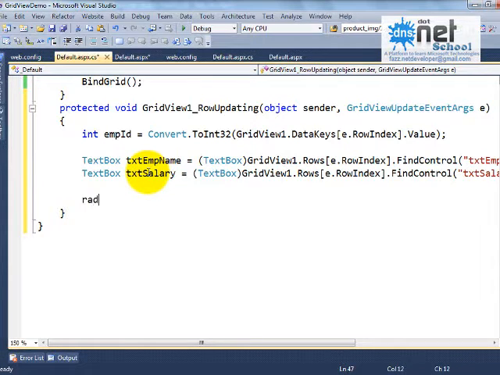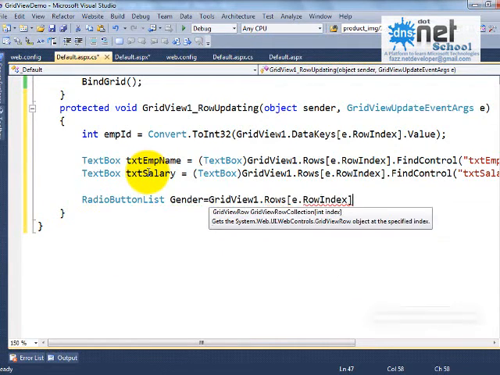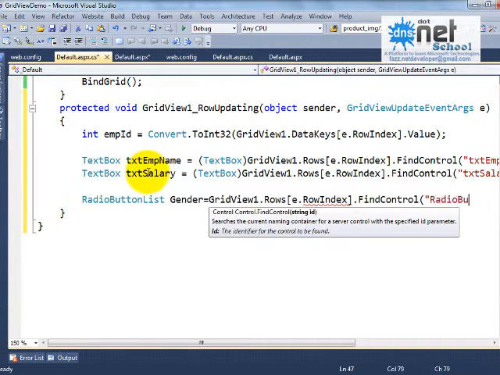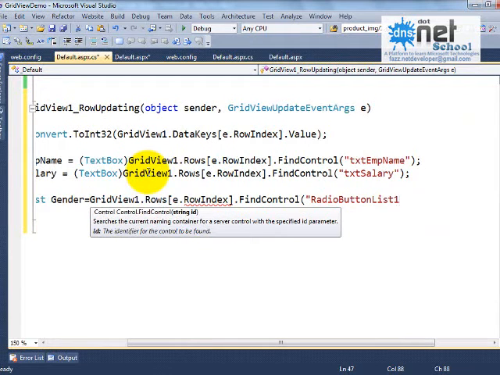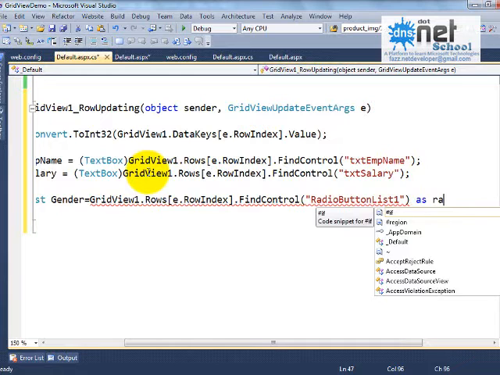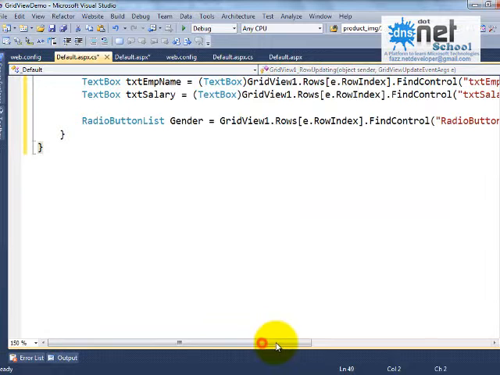So let's take the radio button list object here. RadioButtonList gender is equals to GridView1.Rows of e.RowIndex dot FindControl. What is the control name? RadioButtonList1. I think I changed the name of that control. You can use the as keyword to typecast as RadioButtonList.